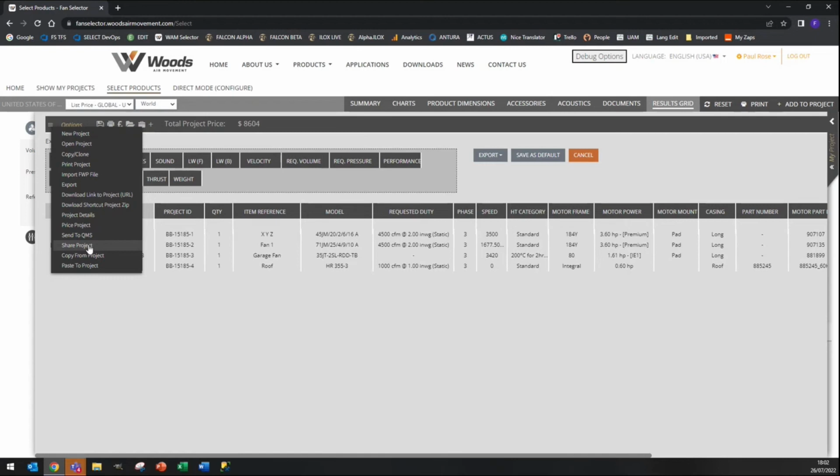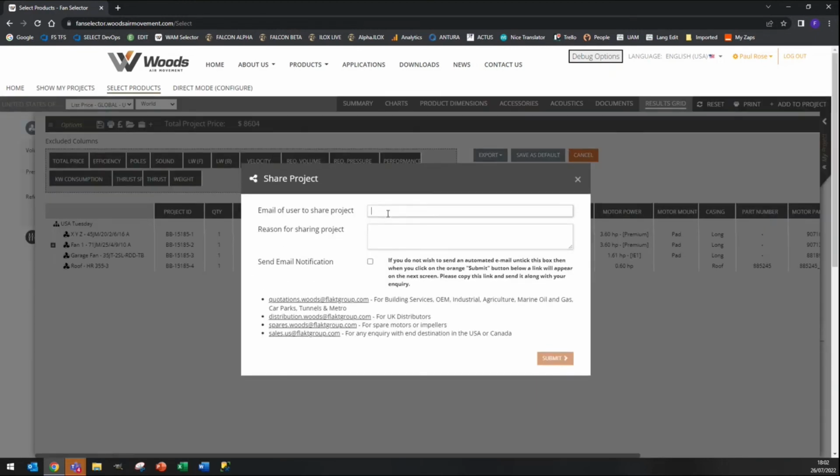So it's a way of collaboratively working, and basically the way it works is you have share. You can specify who you want to share it with, david.downs@flatgroup.com. You can give a reason why, I am stuck, whatever it might be. And then if you tick this box here, that will notify David that he's got this project that's been shared with him. He can load it up and he can see what you've done, and he can offer some support and help. I apologize, David, for picking you on that example, but